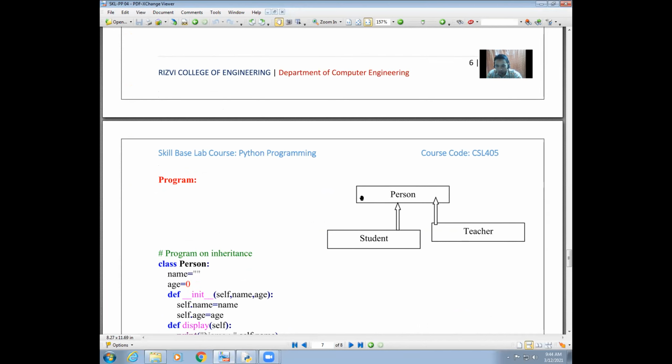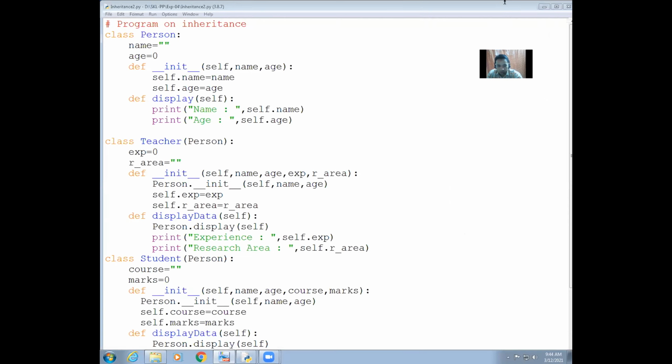Here there is no restriction given on what the attributes and methods will be in your person class, your student class, and your teacher class. By your own choice you can implement anything. So how many classes are there here? Three classes. One is your person class, second is your student class, and third is your teacher class. The student class will inherit your person class. Similarly, the teacher class will also inherit your person class. So basically, we are going for the implementation of it.